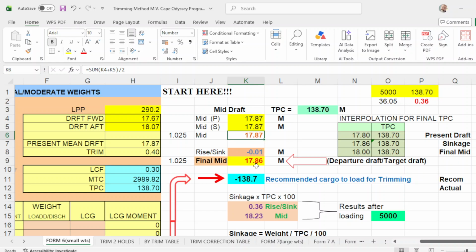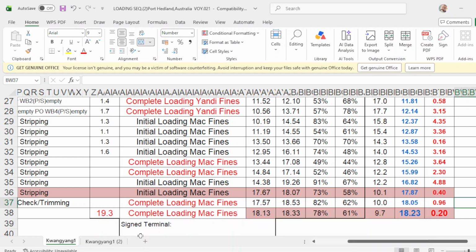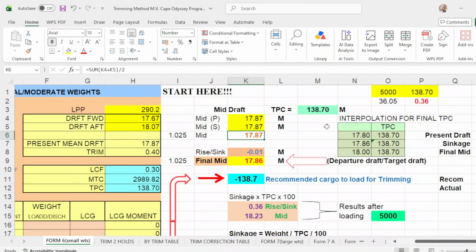And the departure draft is 18.23. Departure draft is 18.23 mid. So you put here 18.23. Okay.